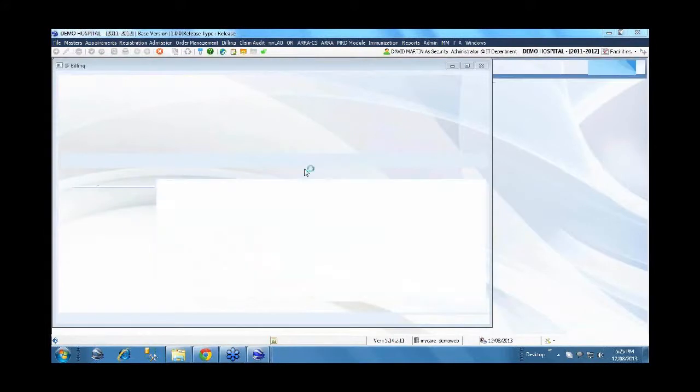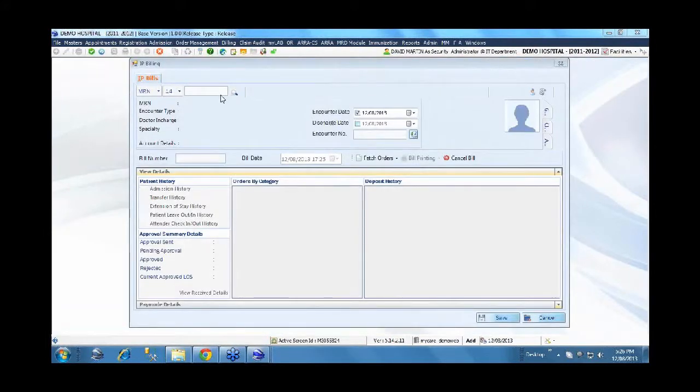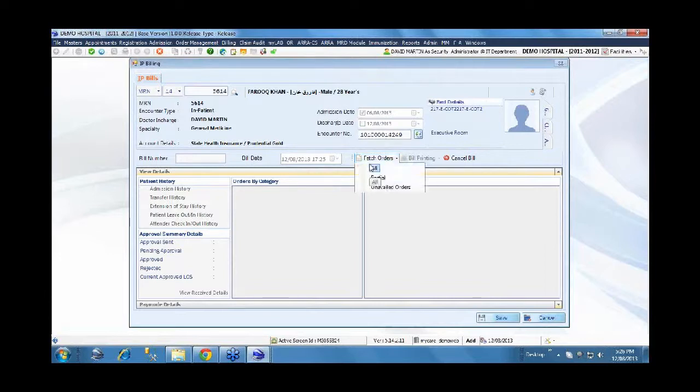Okay, so we are opening the inpatient bill. It's a different screen as you can see with so many features, because in inpatient billing we are talking about one consolidated bill for the entire stay. The main difference here is that in case of an outpatient, the bills will be generated as and when the service is availed by the patient, either before availing the service or immediately after the service is provided, depending on the hospital policy.